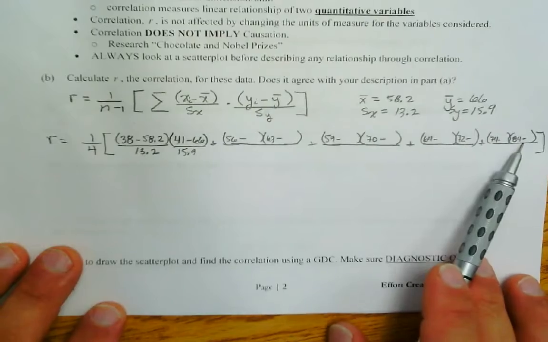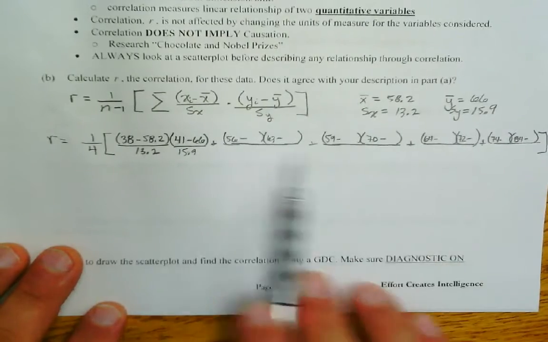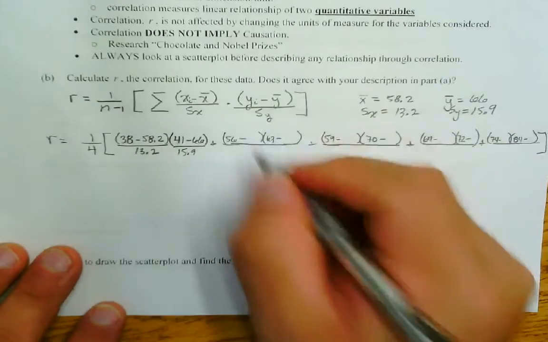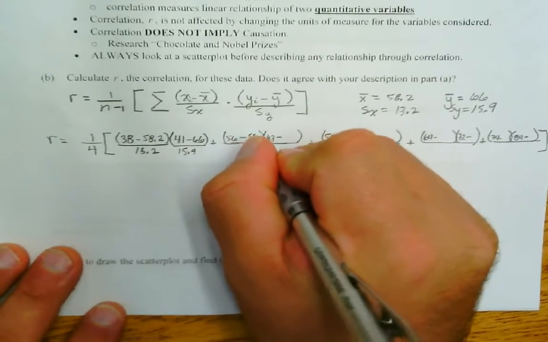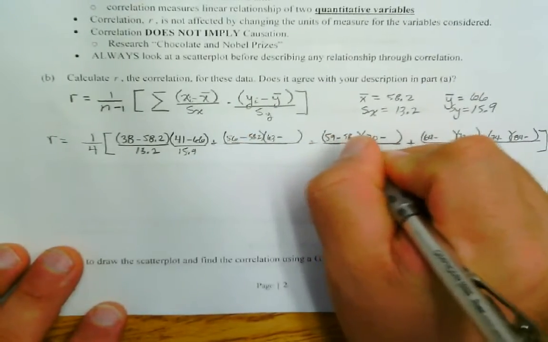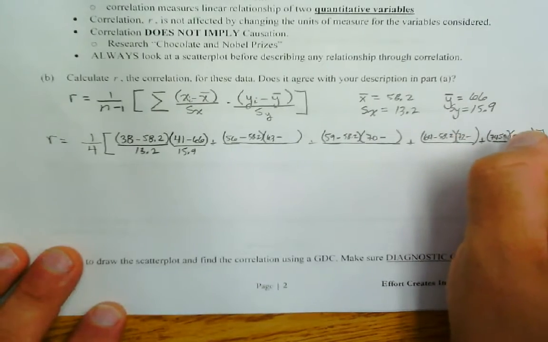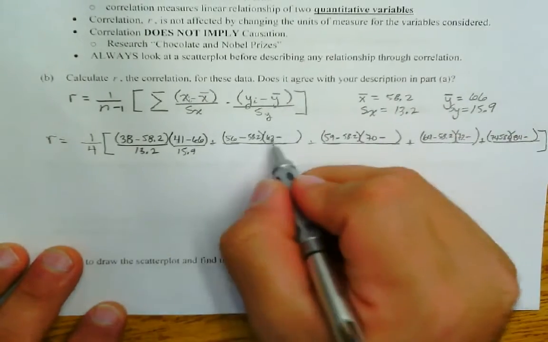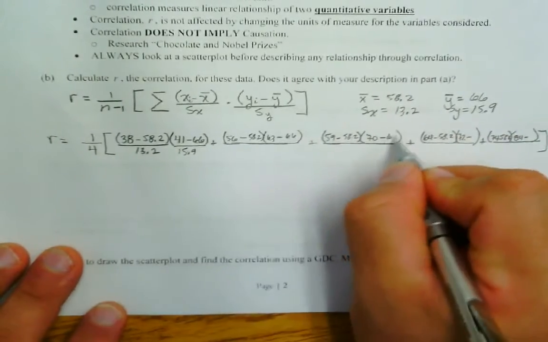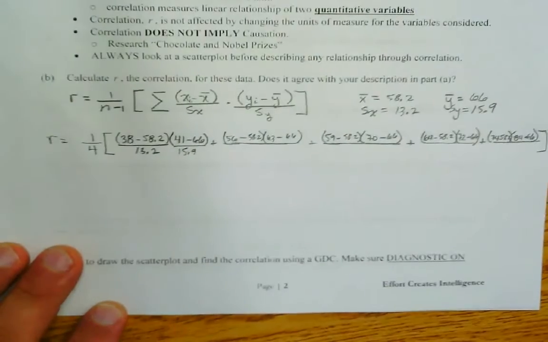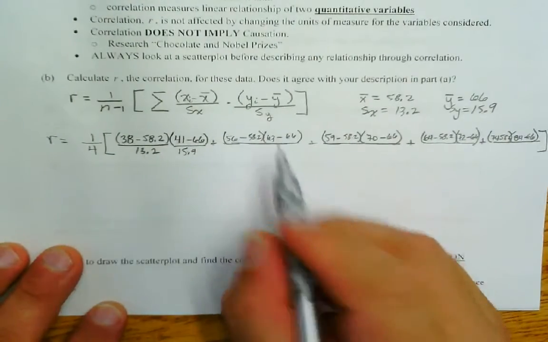I kind of ran out of space, and you probably will too, but set up the pattern and then fill in the values that you need. All right, so x bar is 58.2, so I'm going to fill out the 58.2 for all of these first. Then 66, 66, 66, I know, hard to see. We want to make sure we set that correctly, and then in the denominator,